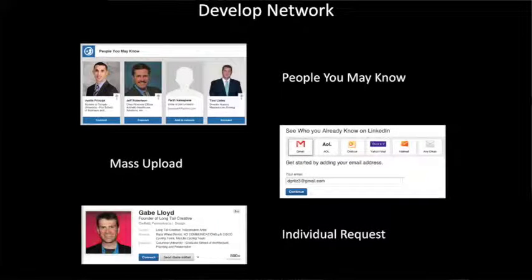So the last way to connect with people is a derivative of what I said, which is essentially you can search for people by name on LinkedIn, go to their profile, and then just click connect. If you know someone, of course, all you have to do is search for their name and find them. Sometimes you'll be surprised, there's a lot of people that have the same name. So if you can't find them right away, there's a lot of filtering options on the left-hand side of the search. The easiest filter is just to filter by geography. And then there's definitely going to be less than probably 100 people in that geography with the same name.